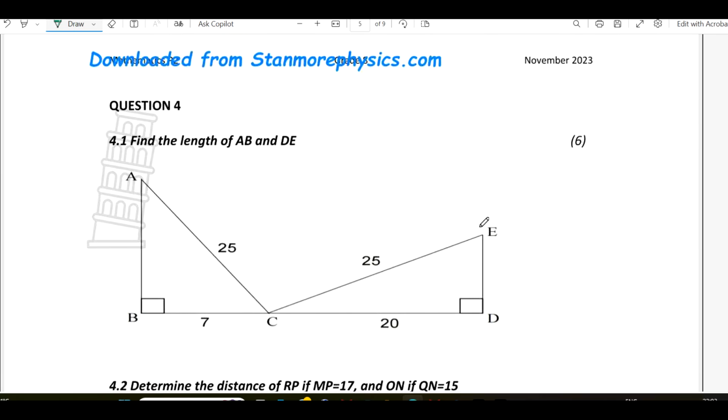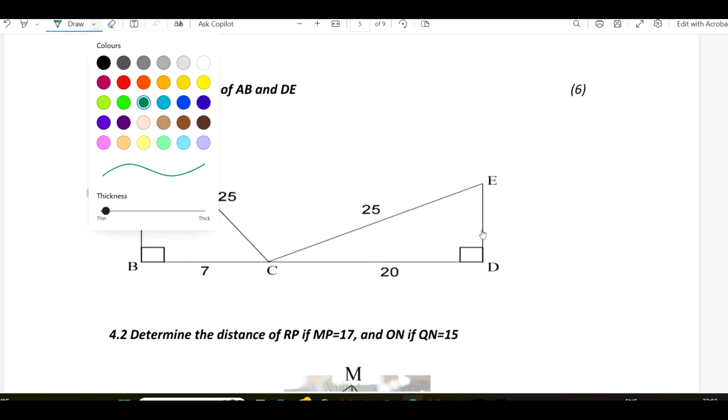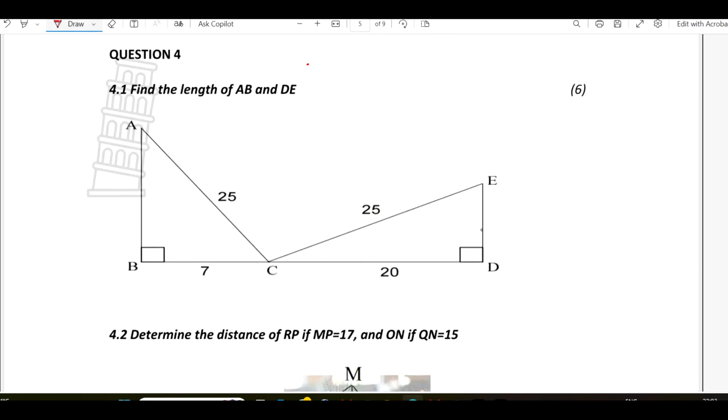Let's proceed to question number 4. Find the length of AB and AD. Guys, here we're going to use the Pythagoras theorem. Let's start with AB. Where is AB? AB, it is here. We are using this